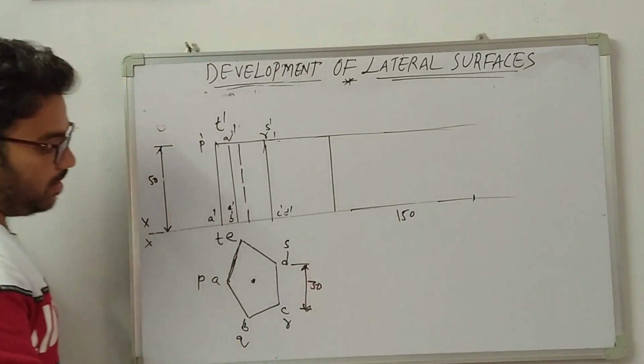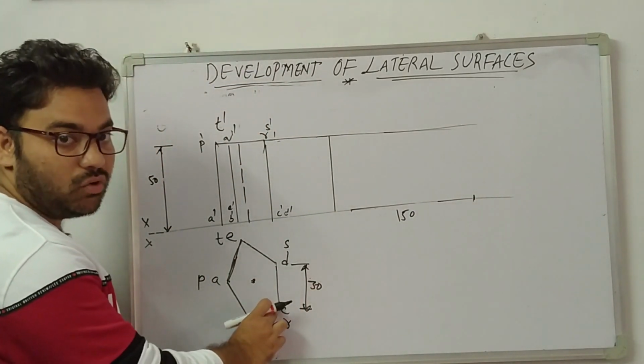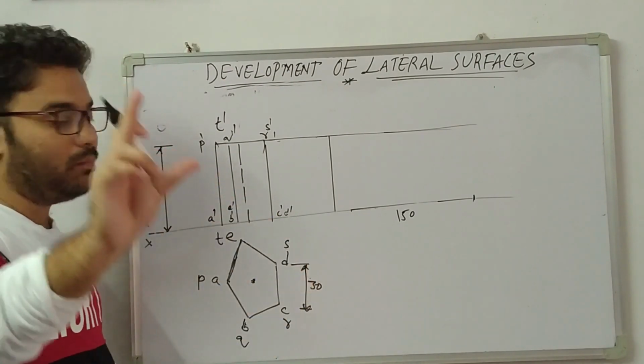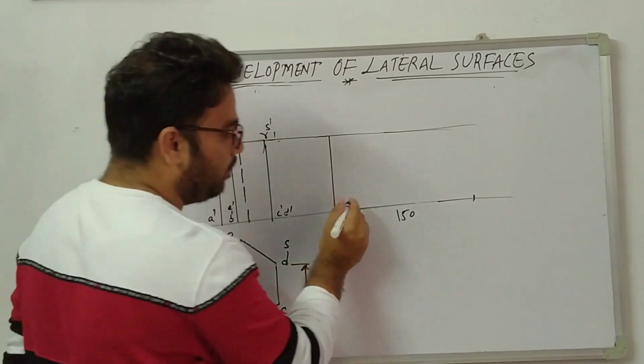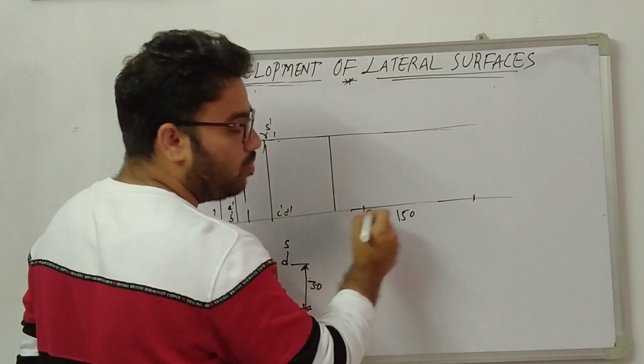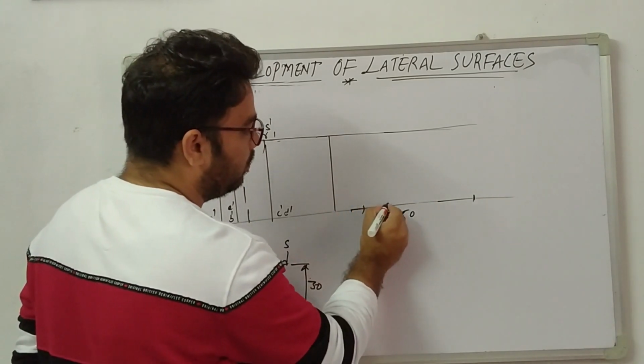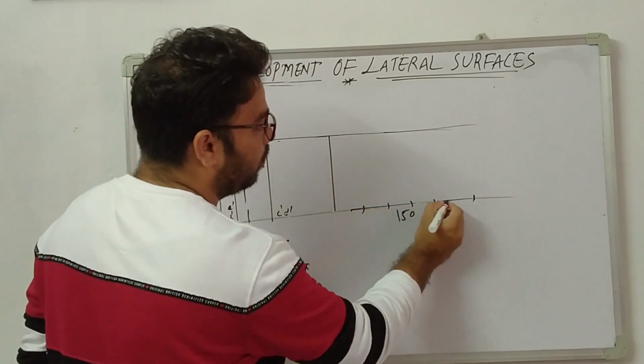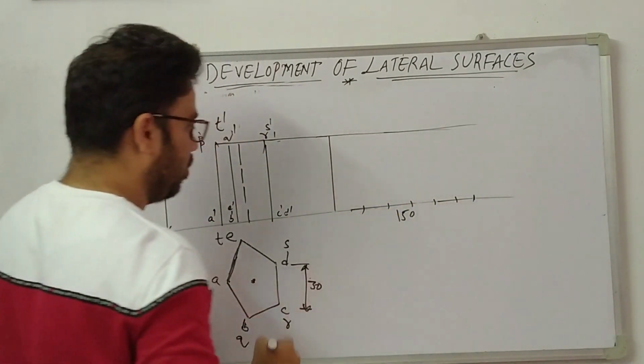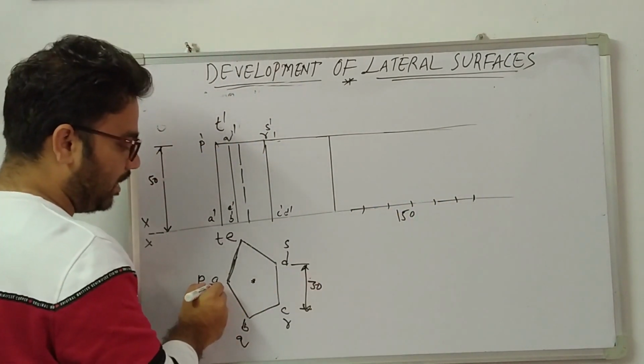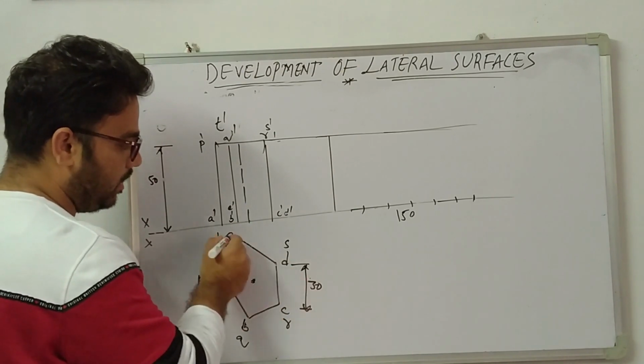Or simply you take one of the sides and measure it in the compass. Let us say this is 30 mm. Cut an arc. Now do it 5 times: 1, 2, 3, 4, 5. Now give the names. This is the starting letter A, B, C, D, E.